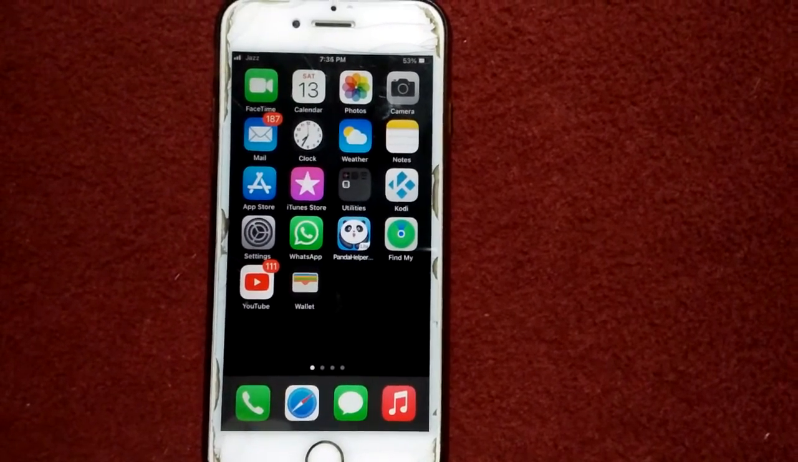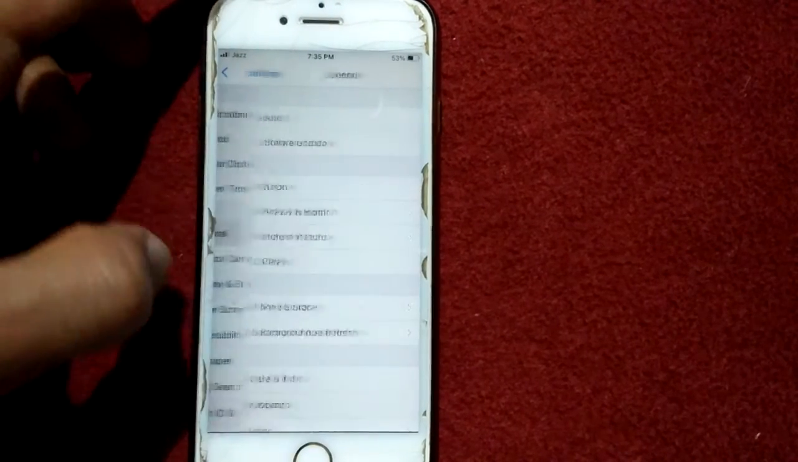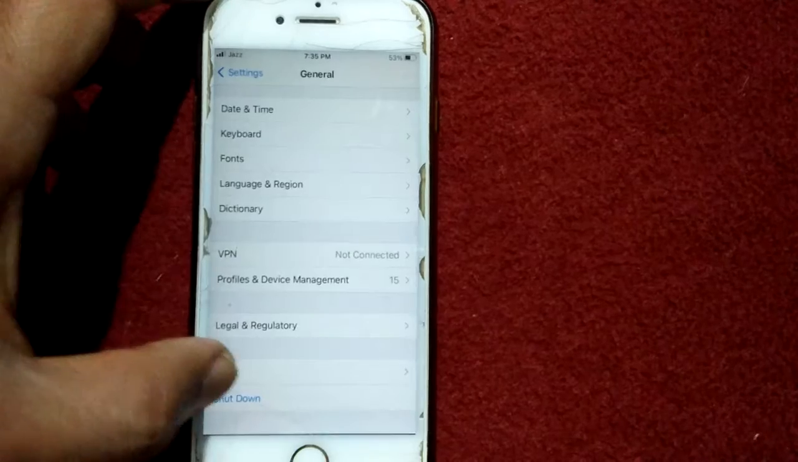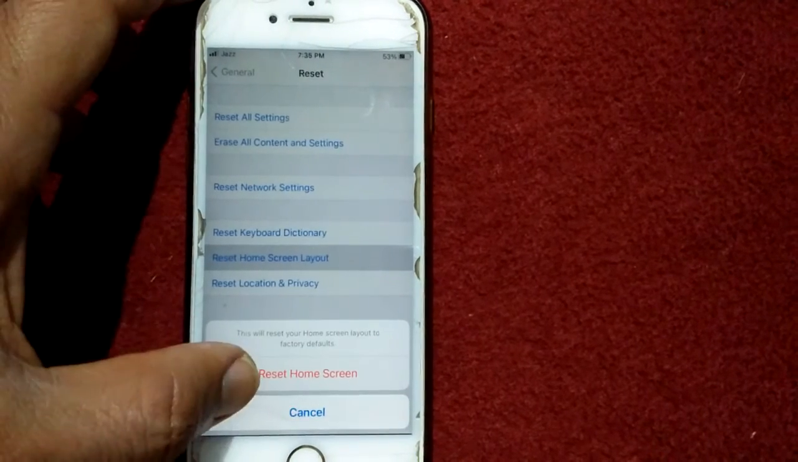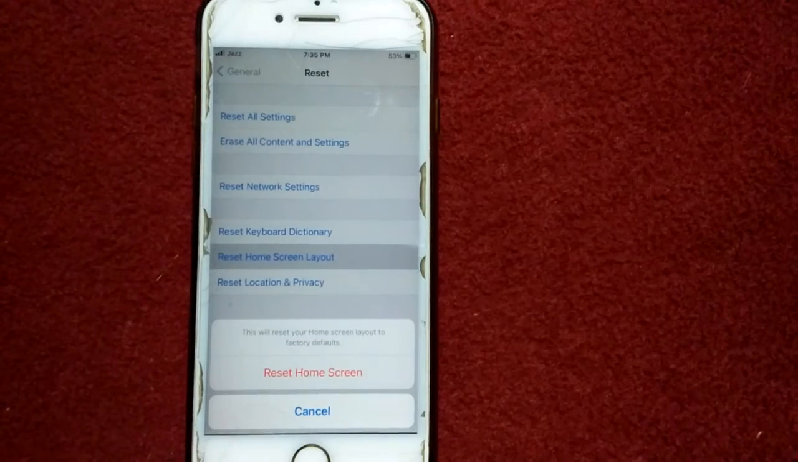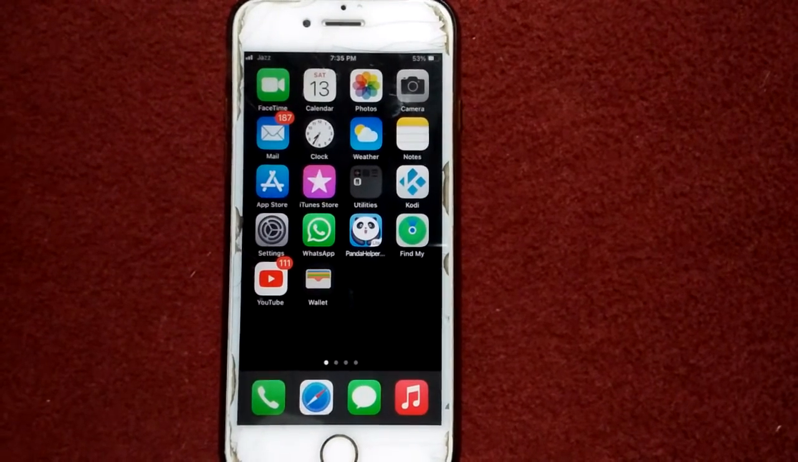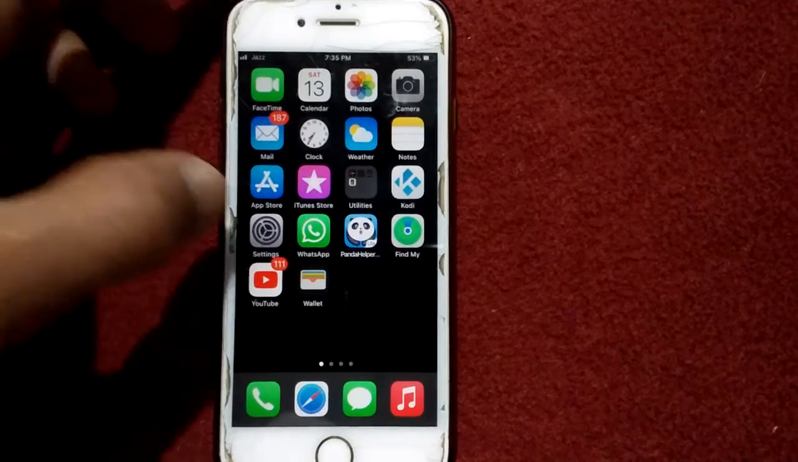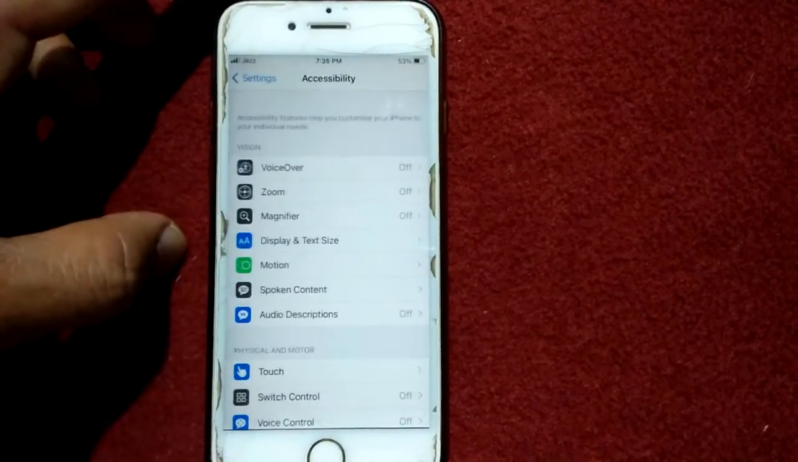The first and basic method is launch settings and tap on general. Now tap on reset and tap reset home screen layout and tap reset home screen. After that, go back to iPhone home screen and go to settings, scroll down, find and tap on accessibility and